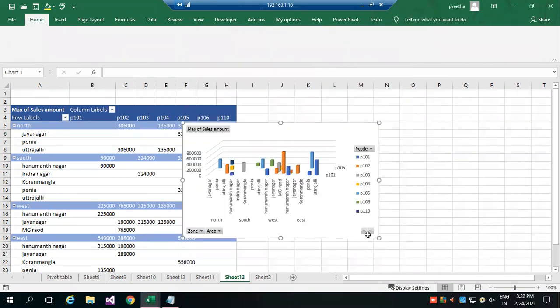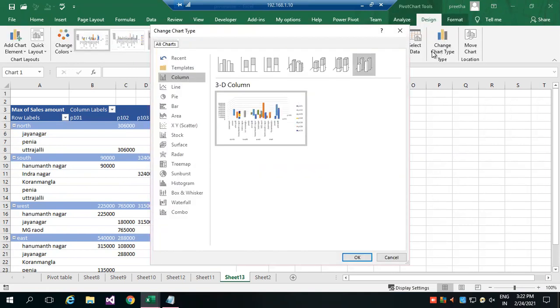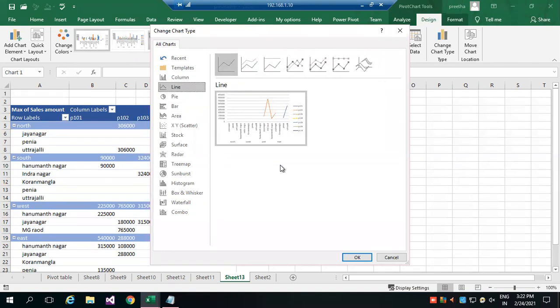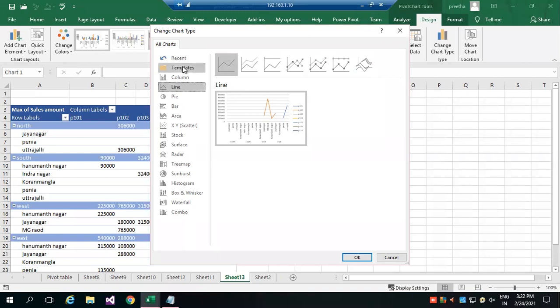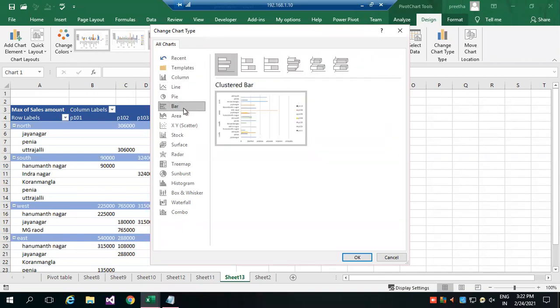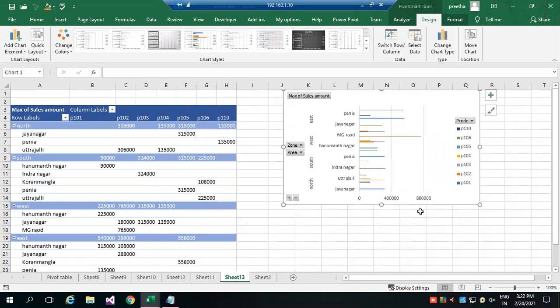So you can see this. Because of a lot of data, it's coming like this. So I'm representing it through a bar chart.